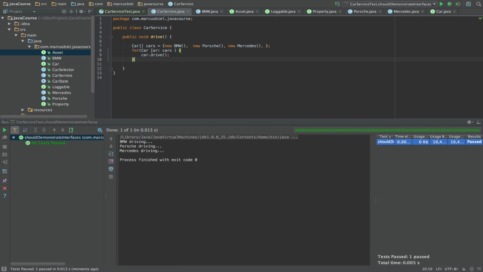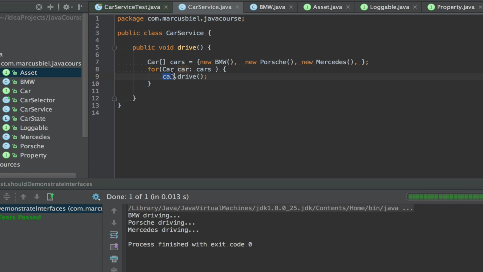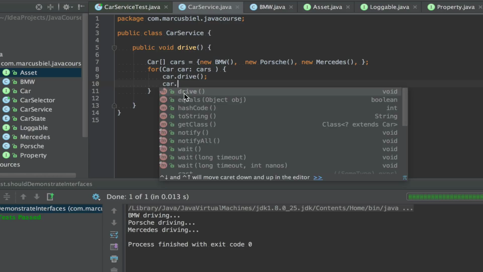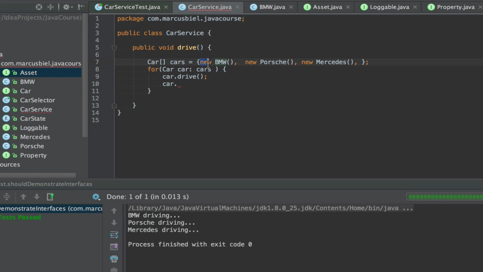Now let's also have a look at the car reference. As you see, we can only execute drive on it. That is defined by the car interface. I mean, we do have a BMW as the first element in our array, but this at line 10 we don't know. All we know is we have an array of cars.